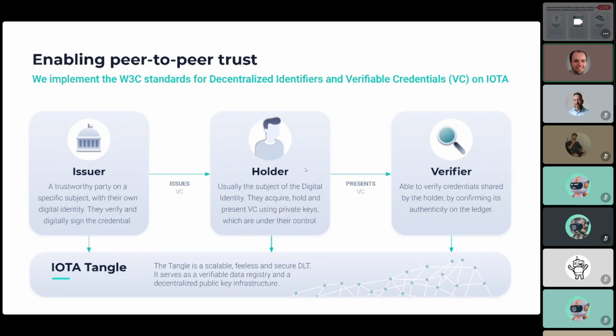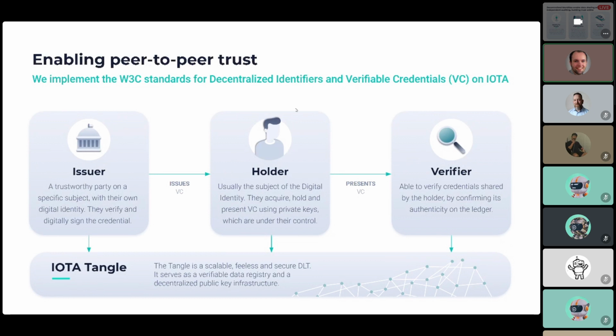So I always take a very easy example. Let's say I want to prove that I have a bachelor degree. So what I would want is a signed statement from my university. So my university then acts as an issuer, a trusted third party, and they sign a verifiable credential, which is basically a JSON formatted claim about who I am, about the fact that I have a bachelor degree. They put in all my information that is specific to me and sign it using one of the public keys that is embedded on the tangle.